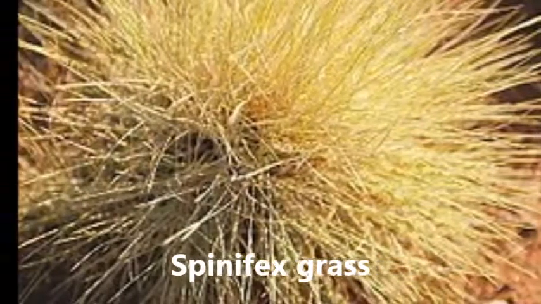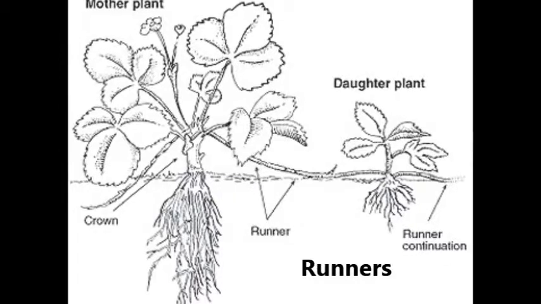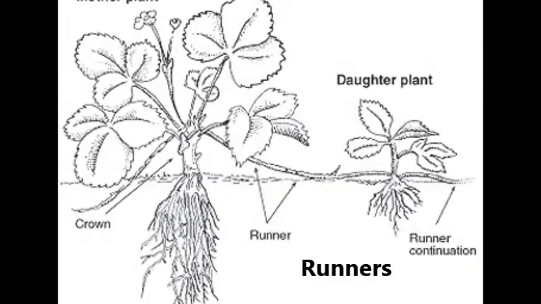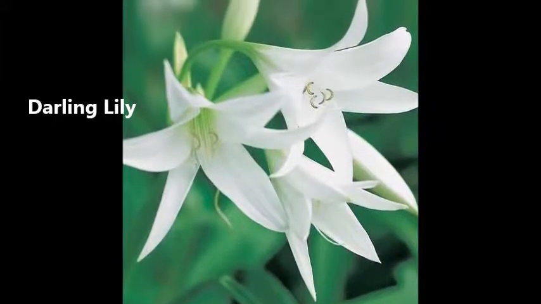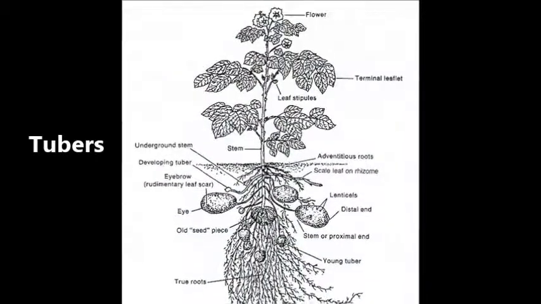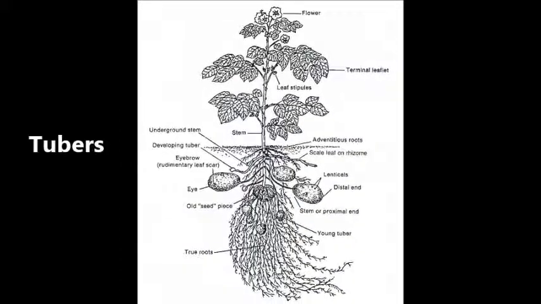Spinifex grass is an example of vegetative reproduction. Runners are stems that grow horizontally at the surface of the soil or just below it, forming new plants at the ends. The darling lily is a product of tubers. Shoots which grow at the top or sides of the tubers then develop into stems and leaves, while the bottom of the tubers produce